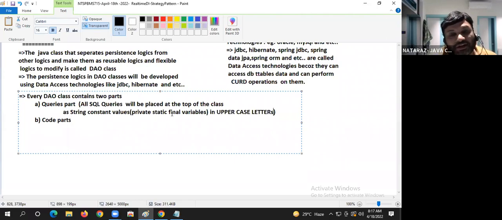Why final? Once a query is placed in a variable, in the rest of the program no one should modify it. That's why final. Why static? People should be in a position to access that query without an object. Why private? It should not be visible outside the class, only inside the class. Why string? A query is text content. That's why string is required. Private, static,